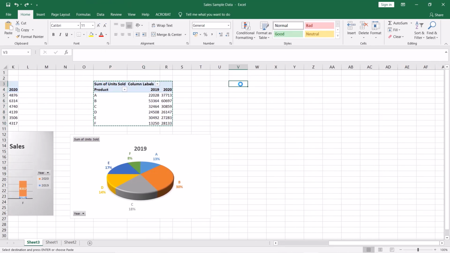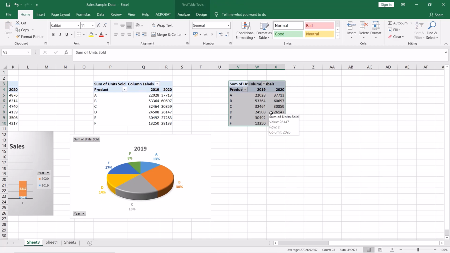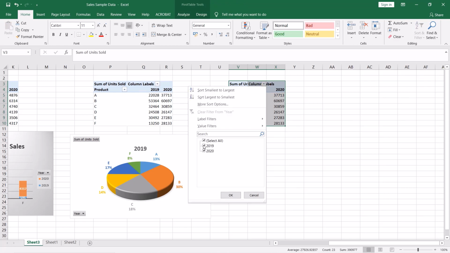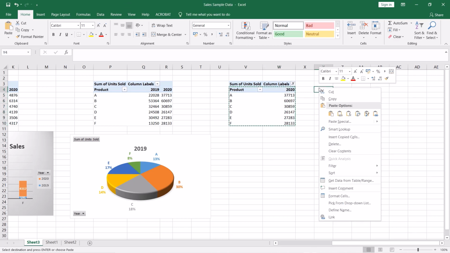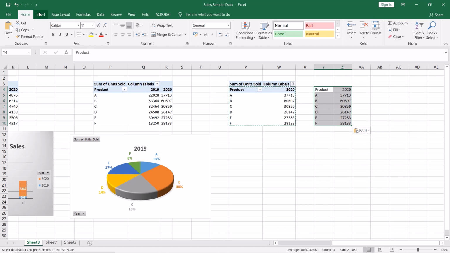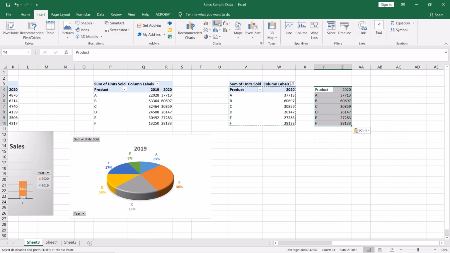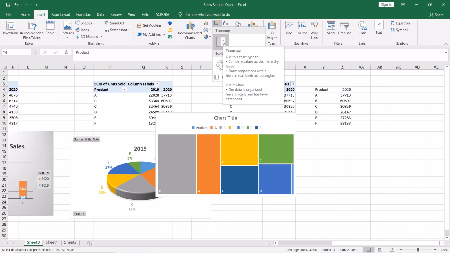We are keeping the same data, selecting 2020, but it will not work on pivot charts, so we need to copy paste the data. Go to insert and select the tree map.